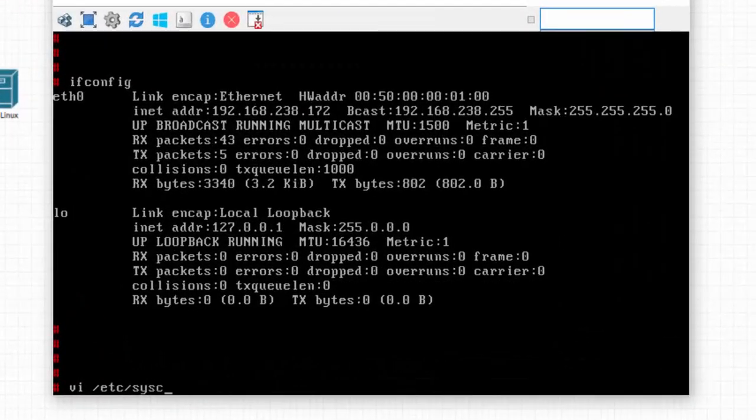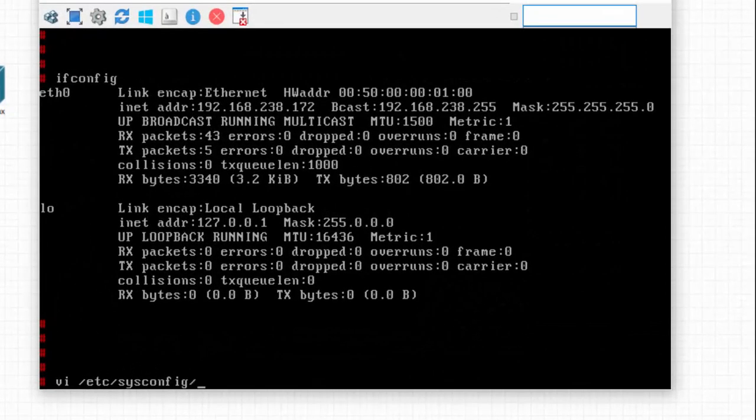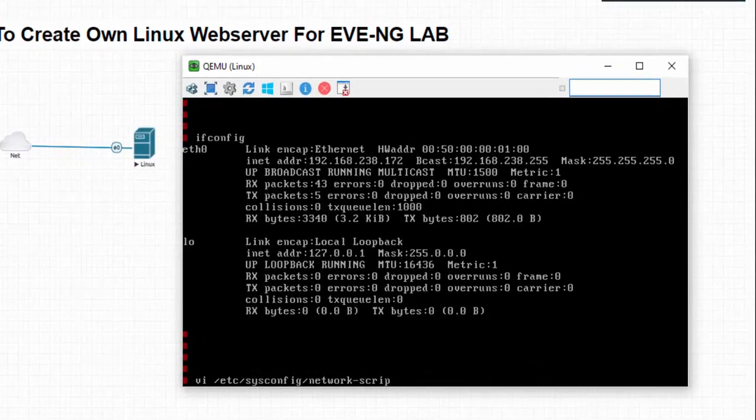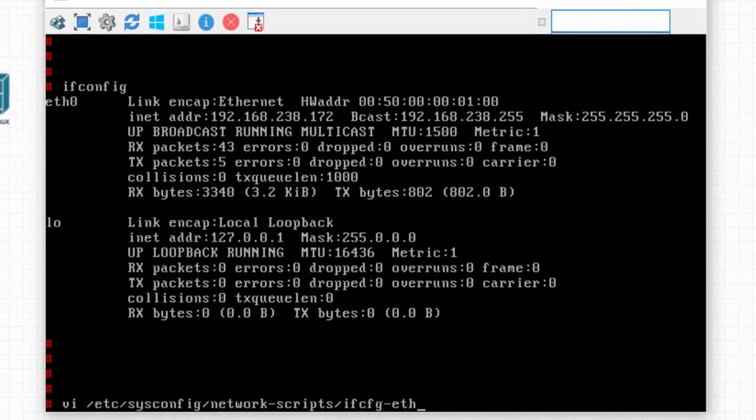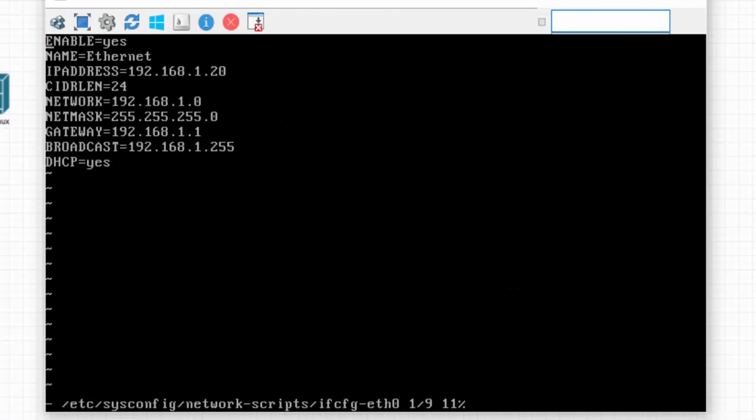For that we have a command: vi /etc/sysconfig/network-scripts/ifconfig-eth0. For eth0 I wanted to change the IP address, so for that I have included eth0 as an interface in my script. So hit enter. Here it comes as an IP address, whatever you want to have, you can mention. To change, press I. To edit, you can mention 238. I wanted 140 as the IP